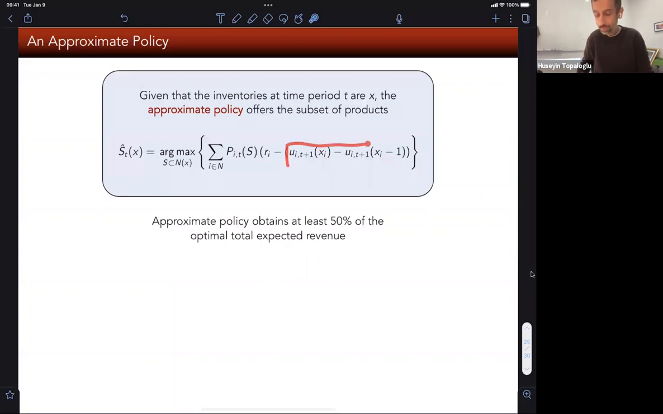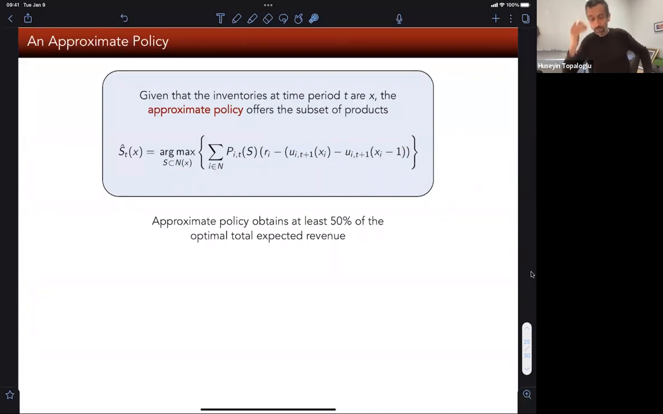So this difference is the value of the unit that I just lost by selling one unit of product I at time period T. So then this is the net revenue contribution from selling units of product I at time period T. The bid price is computed by using the capacity-dependent bid prices. And I'm finding an assortment that maximizes the net expected revenue contribution. But of course, I'm making sure that the assortment that I offer is a subset of the products for which